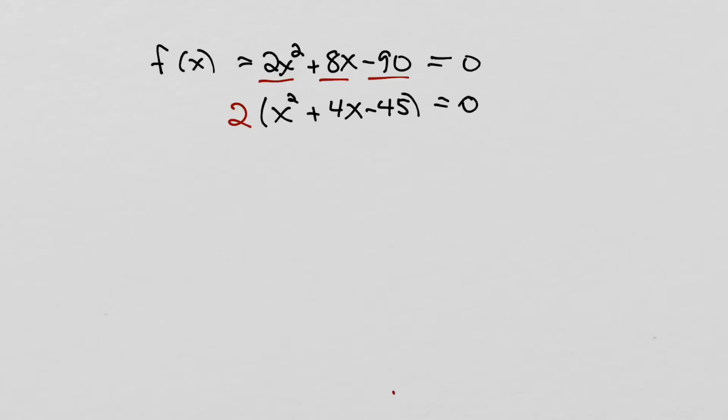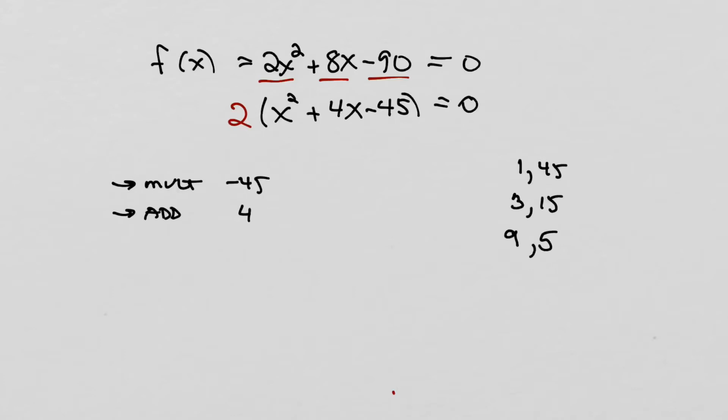And now we're back into one of those ones we just saw a minute ago, to where I need two numbers that multiply together to give me a negative 45 and add together to give me a positive 4. So in this case, 45 factors into 1 and 45. Let's see, 3 and 15, 9 and 5, and I think that's it. And I think we can work with this one right here. Right? Because if you don't forget to carry that 2 along, that factors into,